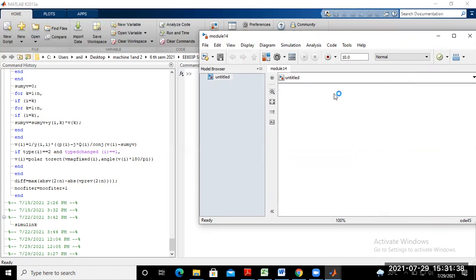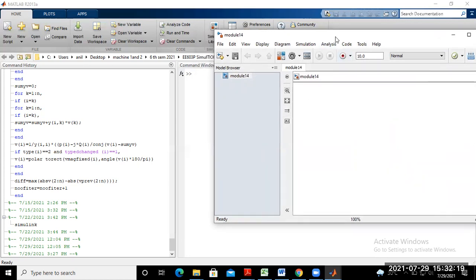So you may check it. This one is saved as model number 14. Now just tell me the next procedure. Next, what do we do here? This untitled model is now named model number 14 and a new workspace is created here. We design that circuit, that means a three-phase controlled rectifier with RL load. So the next step is to go to the Simulink library, is it not?